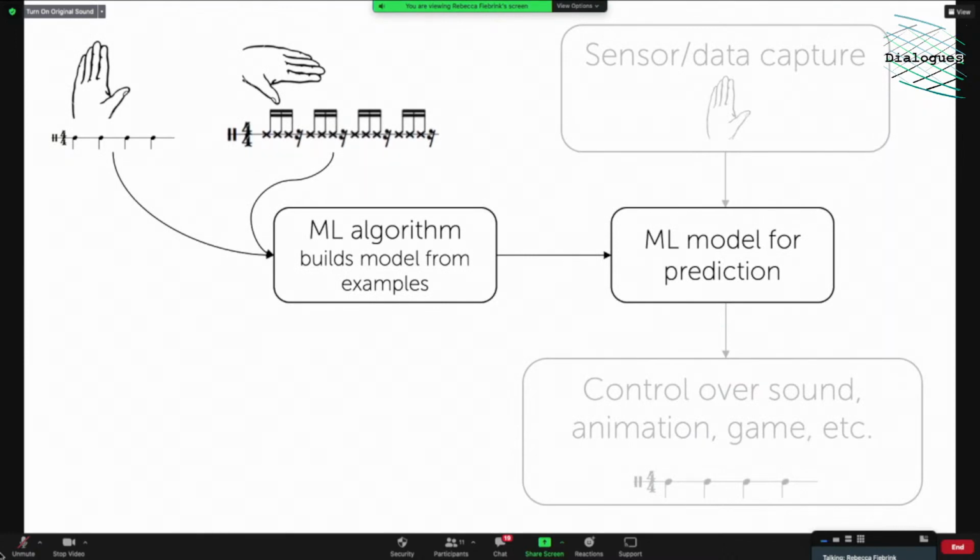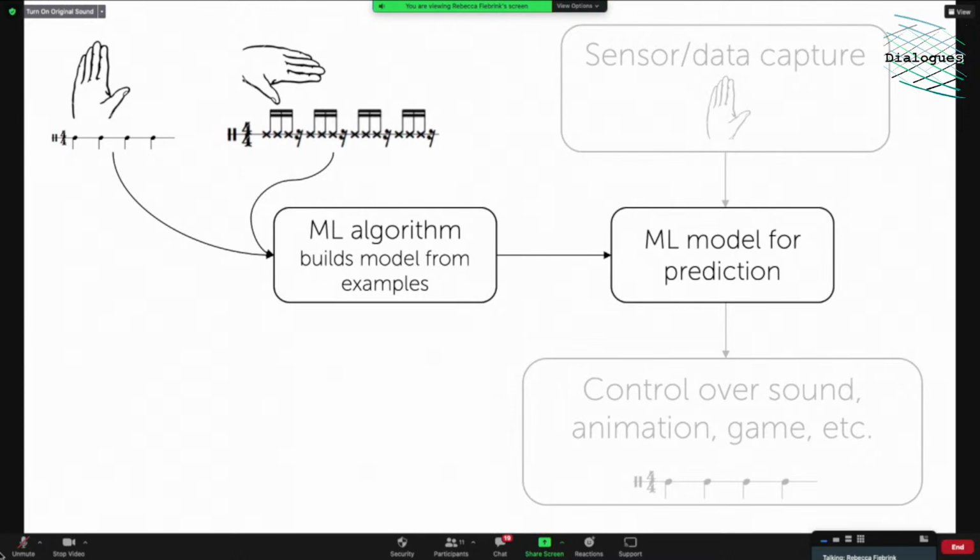Again, back to the easy example of maybe you move your hand and the sound changes. The first big difference between your task of building a machine learning model and the way that a computer scientist would generally build machine learning models in the real world, or the way that you'd be taught to build machine learning models in a computer science class, the first big difference is that you don't start out with an